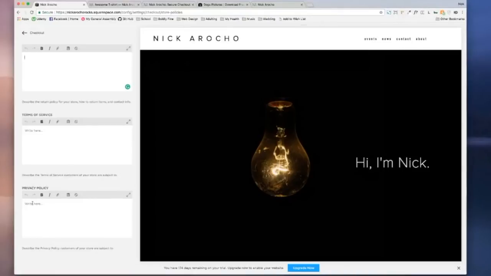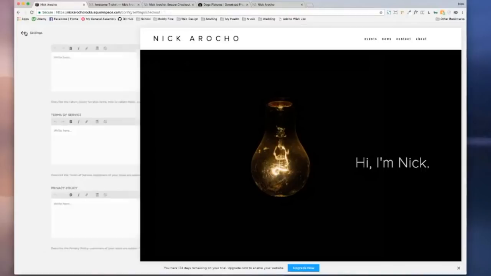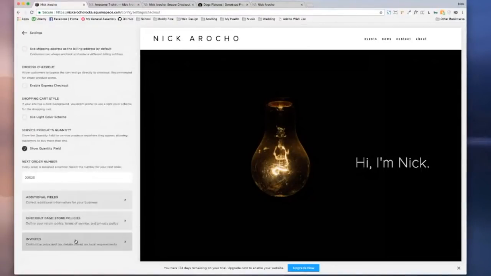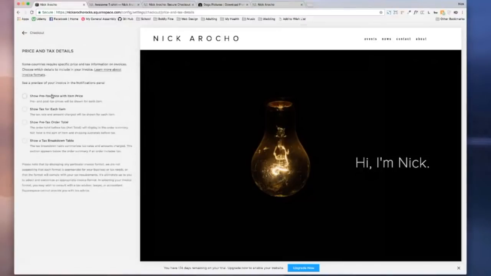So it's important to say, I'm not going to sell your information to anybody, so that people have trust in your website. Finally, invoices. I can set different tax settings on my invoices so I can show how much